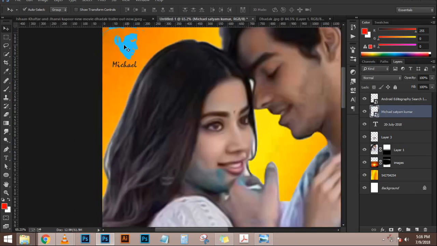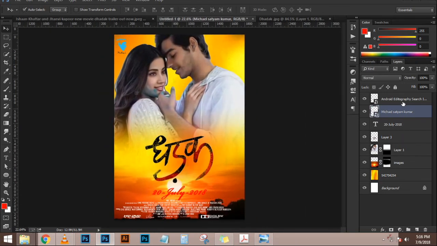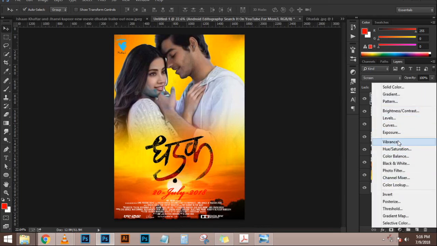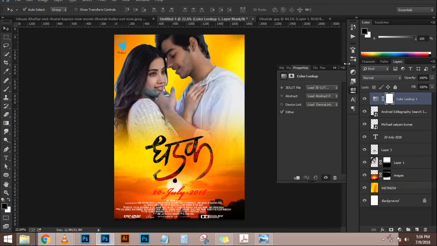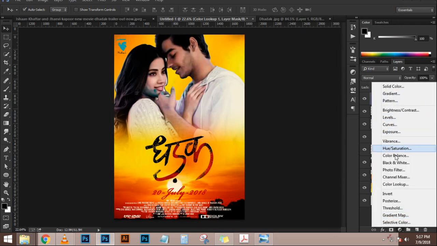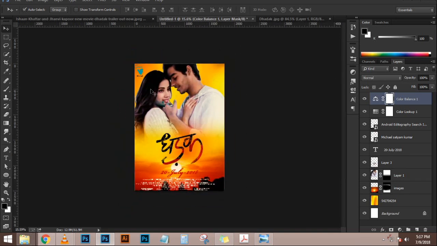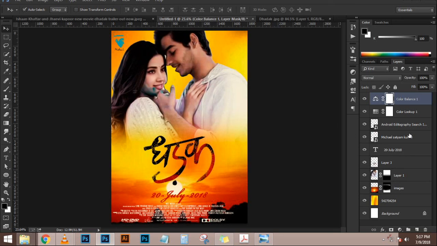Then, with the brush tool, I can paint with white on this layer mask to start revealing some of that snow. So I'm going to use the bracket keys on the keyboard as I work to increase and decrease the size of my brush. So I'm just painting with white, just bringing in some of that snow. And if you make a mistake, you can press X on the keyboard, paint black, and maybe shape